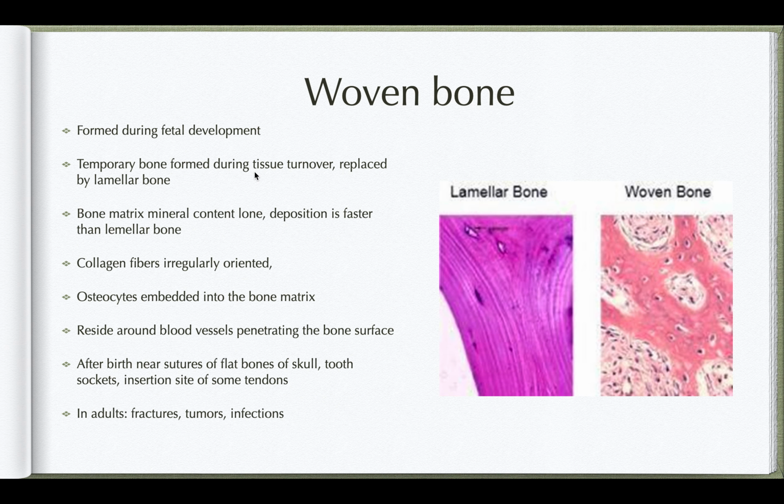Woven bone is formed during fetal development, and temporary bone is formed during tissue turnover, and is replaced eventually by the lamellar bone. The bone matrix mineral content